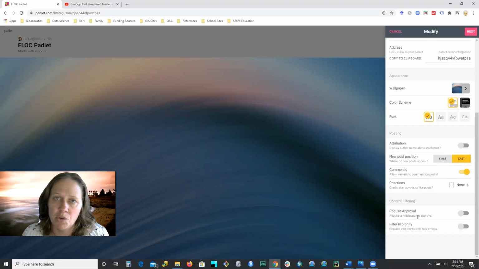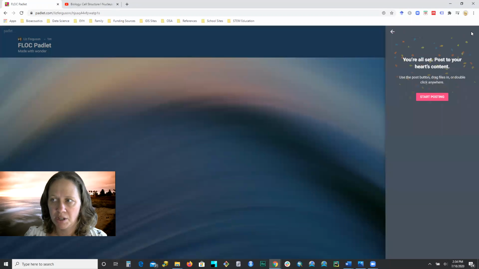Finally, at the very bottom, if you're having other people post on your Padlet, you can require that a moderator approves their posts before they go onto the Padlet, which is typically a good idea. And there's even the ability to filter profanity, which is kind of nice. So under the next icon, we can just hit that and it'll say you're all set and you can start